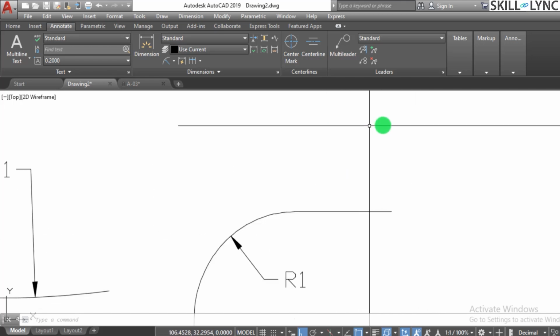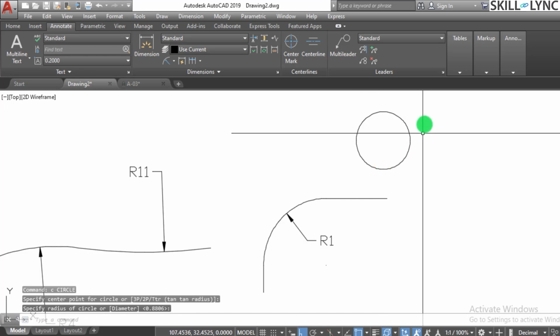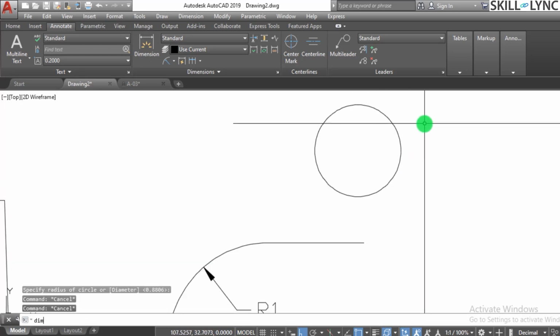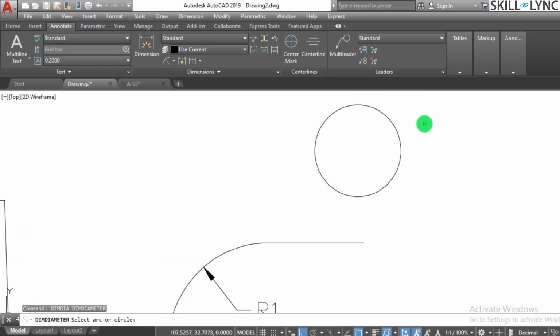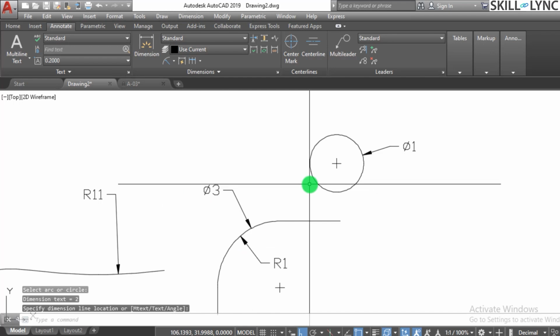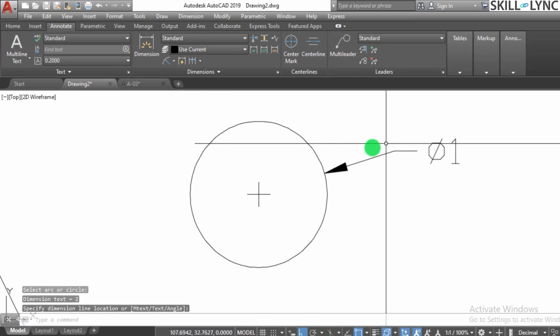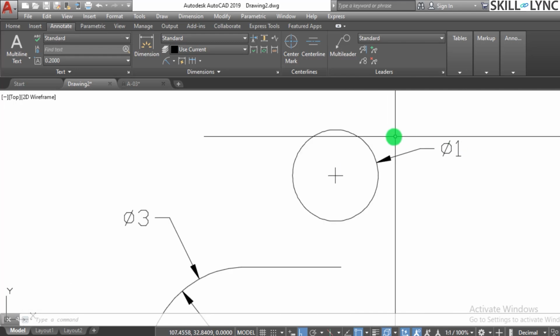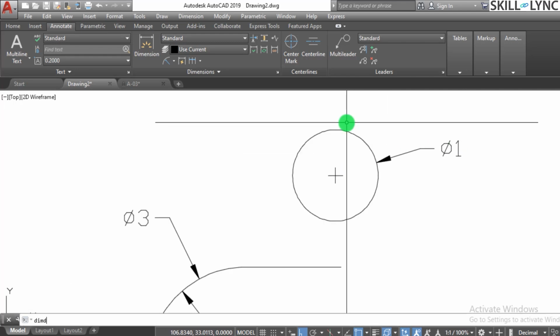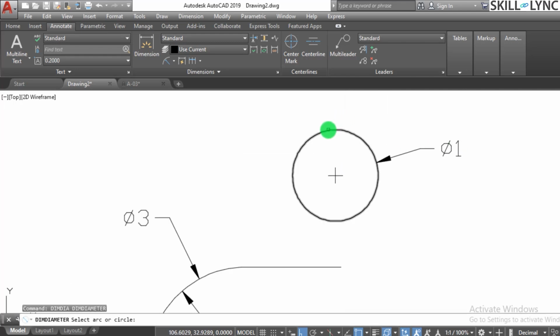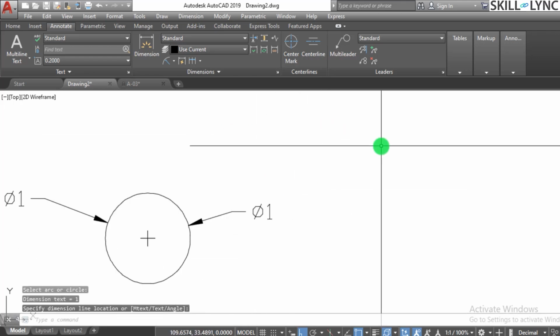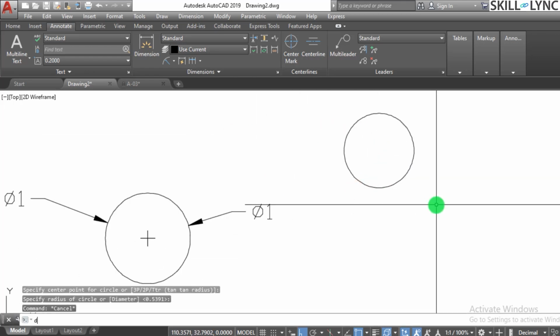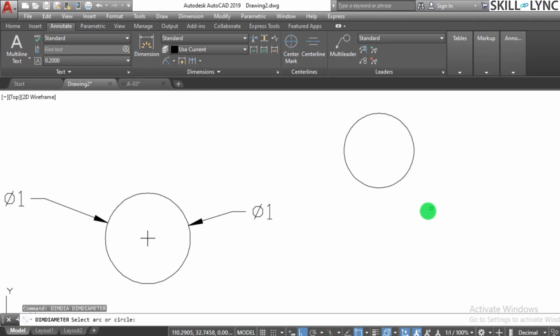Now if I want to do a diameter, it's the same thing: you can go for DIMDIA, and here select the circle, or you can do it for the arc also if you intend to, but select the circle, and then you can see that the symbol of diameter comes along with the actual diameter. So you have the DIMDIA option, select the circle, and let's say create more circles. So DIMDIA,